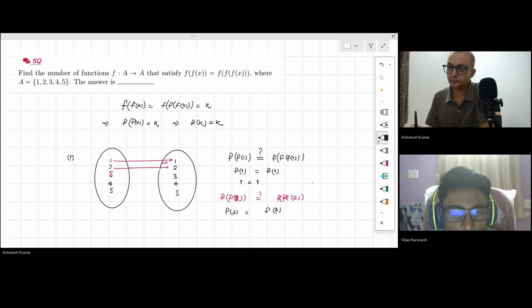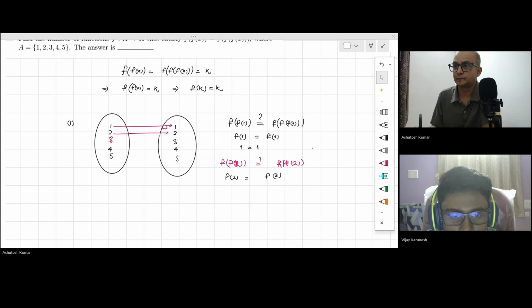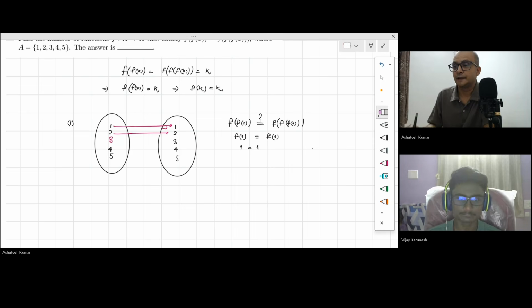Then we have many more many-to-one functions also, in which we can construct, means if 2 maps to 1, then 2 can either map to 1 or map to 2 only. Correct? Let's say I'm not using this case f(2) maps to 2, but suppose I'm mapping f(2) equal to 3, then it will not be the case. This will not happen. Very good. It means that these are the cases already I'm combining in here.